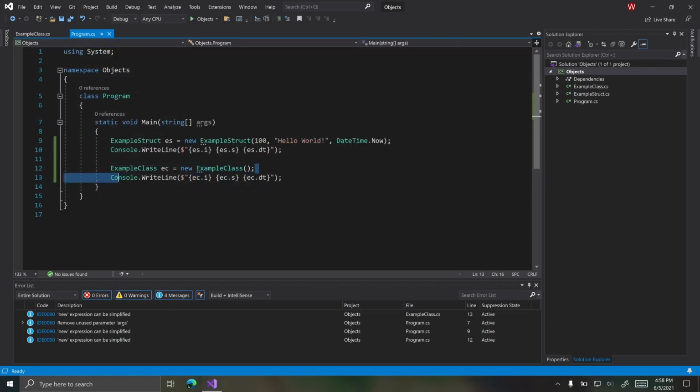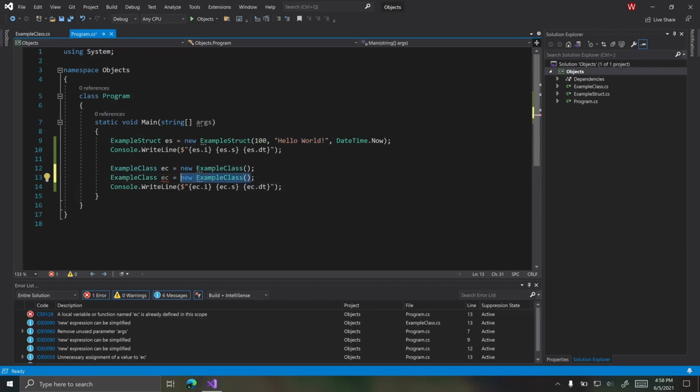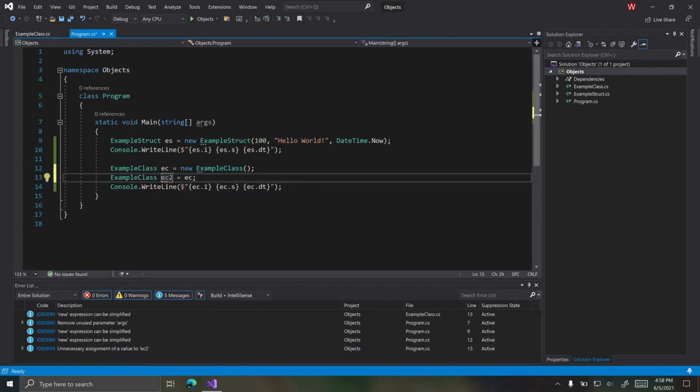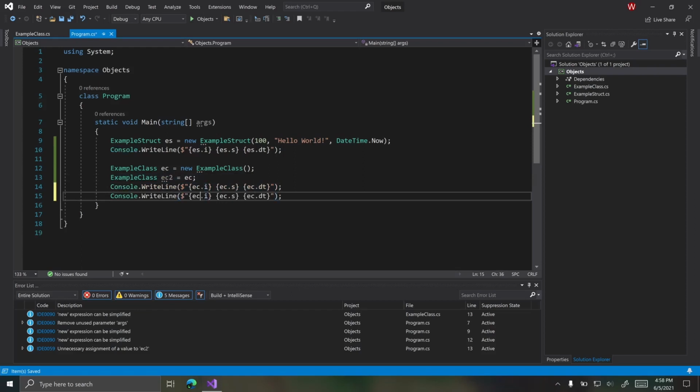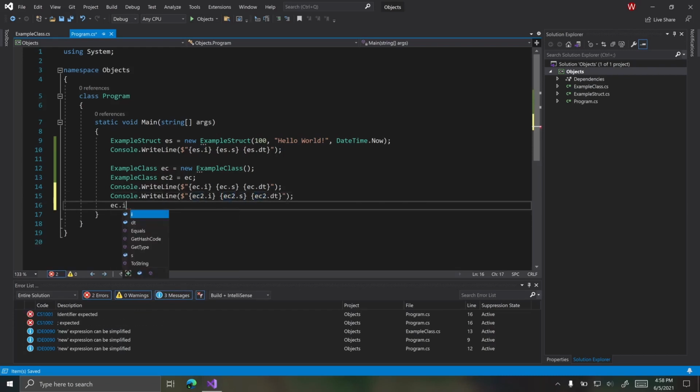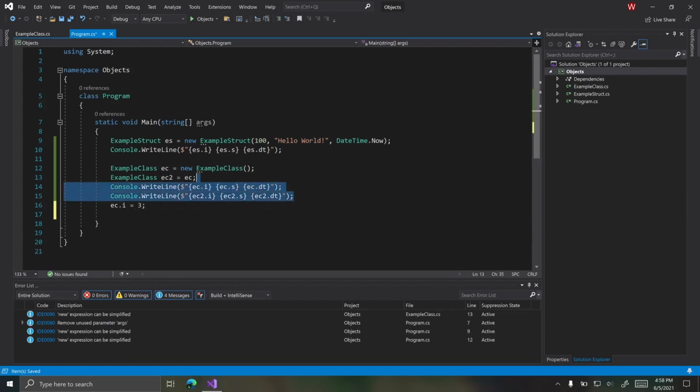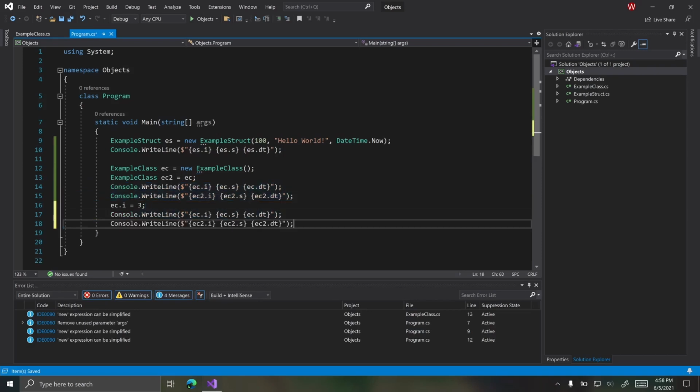Let's say we want a second class. But instead of setting it to a new empty class, we just set it to equal EC. And because variables can't have the same names, let's call this EC2. So we will print out the values of EC and EC2. Then we will say EC.i equals 3, because why not? And then we will print them out again. So if we run this again,